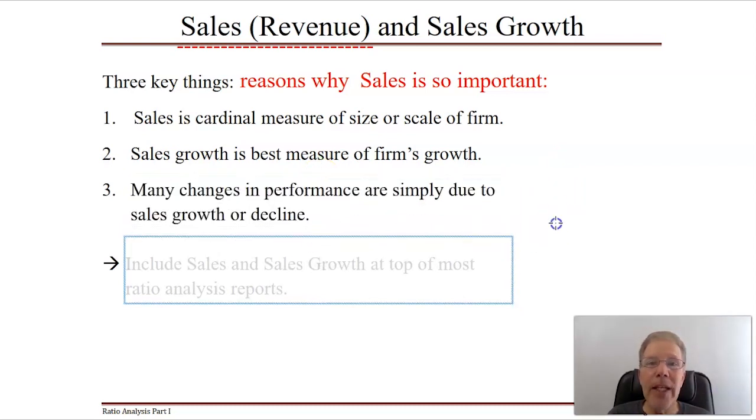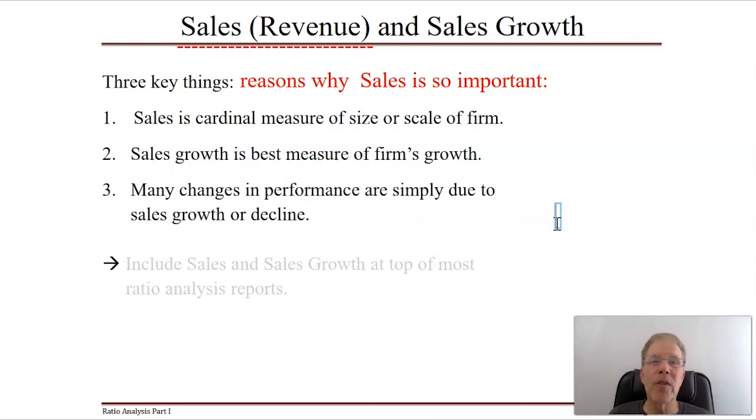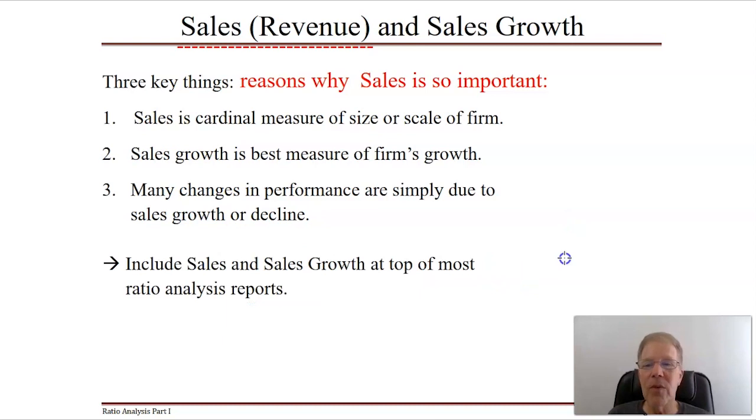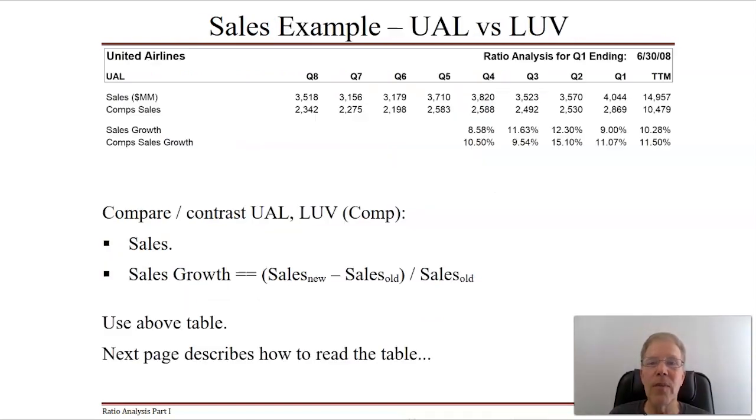Many changes in performance of a company are simply down to sales. Sales didn't go up as fast as they thought, or sales are going up much faster than they thought, that type of thing. So for all these reasons, we're always going to want to include sales and sales growth at the top of our ratio analyses. All right, so let's go to our example here, back in time to the Great Recession, and